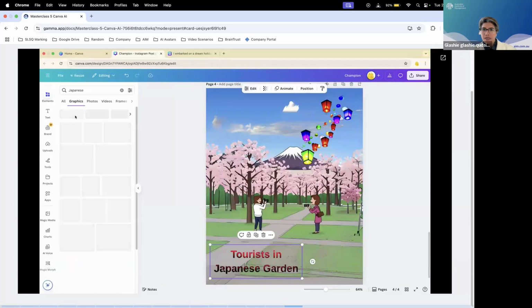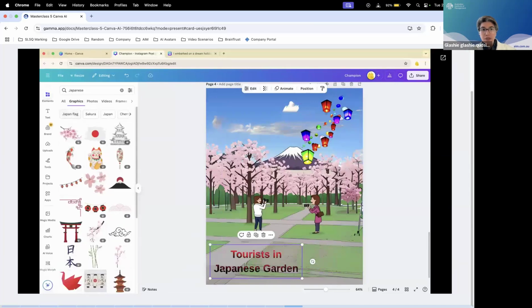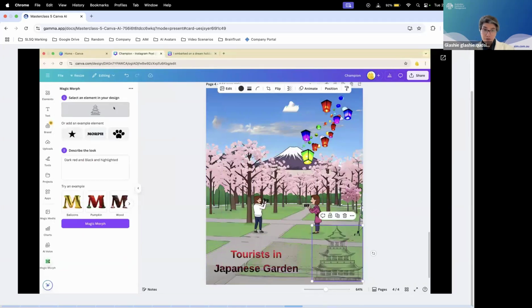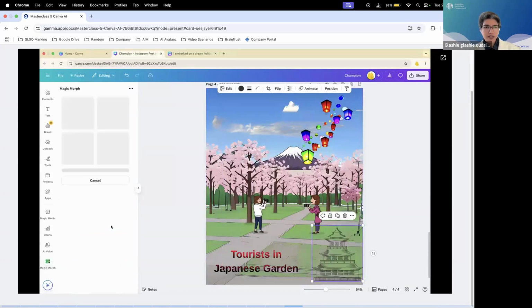So you can add as many elements as you feel like. I just tried to make it more Japanese. So I added one temple over here. And because this is a graphic, you can change the formatting and make it morph. Here, because it's a traditional temple, I tried to give it a little bit of woody, kind of vintage look. So click on it, change it to a little bit of vintage look, and see what it does